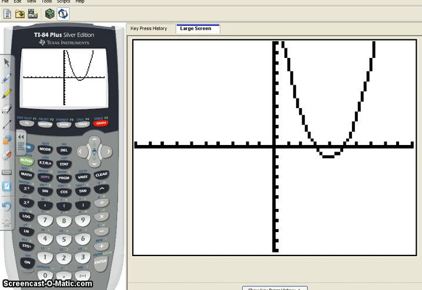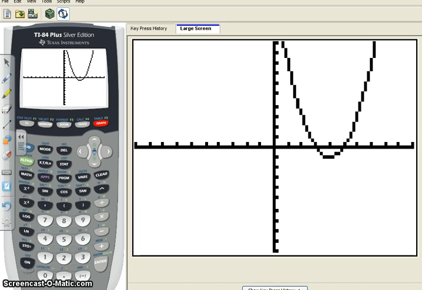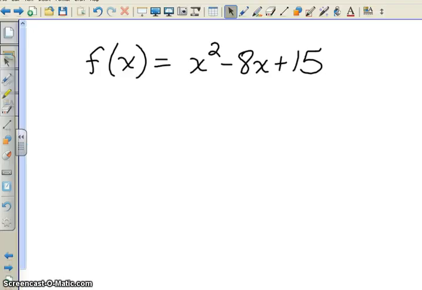And we can also tell that the zeros of this function are at positive 3 and positive 5, because that's where the function crosses the x-axis. So we can find the zeros of a function graphically, but we can also find the zeros of a function algebraically, and that's what we're going to look at today. Finding the zeros algebraically, I'm going to replace the f of x with a 0, because what I want to do is figure out when this expression